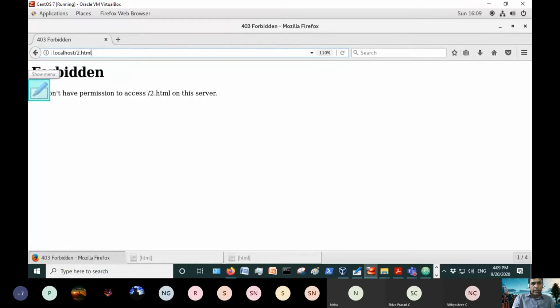You will get a message like this: Forbidden, you don't have permission to access 2.html on this server. This is a security measure employed in Linux, because though you are a root user, the browser is granted the other user permission.